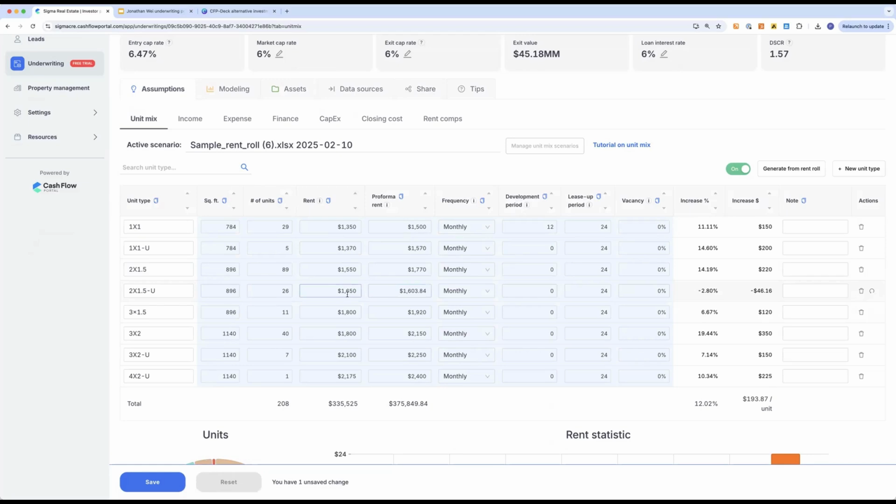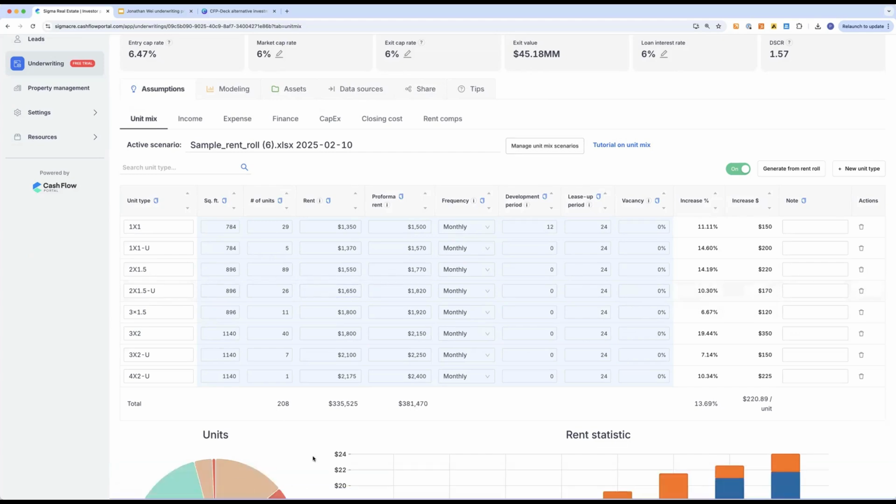In this case, I'm still actually getting less than what I'm currently charging, because I know this property very well. It's actually the rent leader in this submarket. But you can actually do 896 times $2.22, and that gives you 1,989, which is way above what they're charging. I don't think that's realistic. So I just showed you two things. One is you can get the rent comps very easily, and second is that you can do mathematical calculations in the cells themselves, just like this.